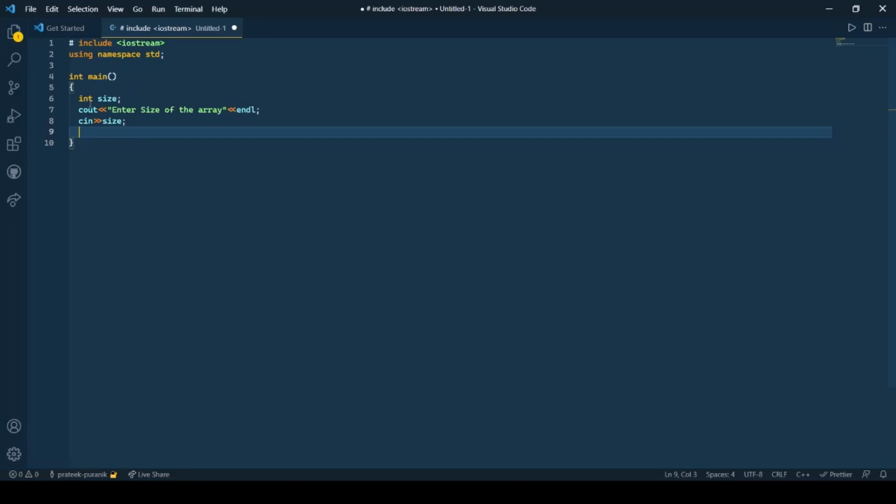Now that we have accepted the value, let's initialize the array. Now let's accept the values of the array.